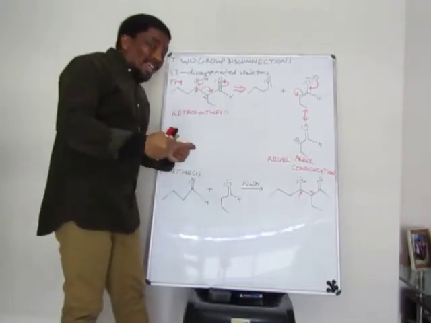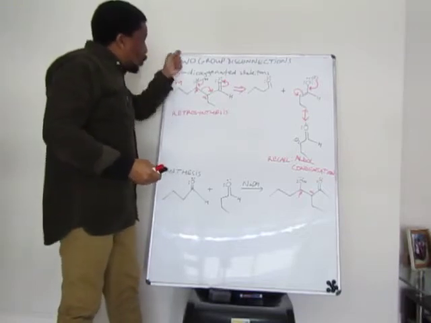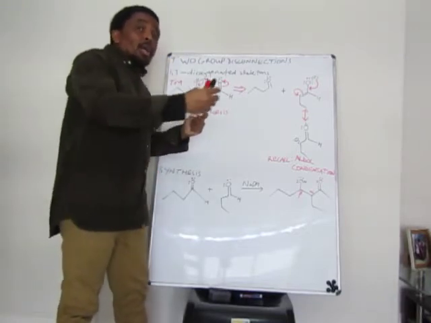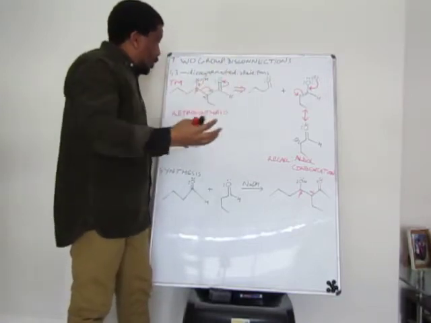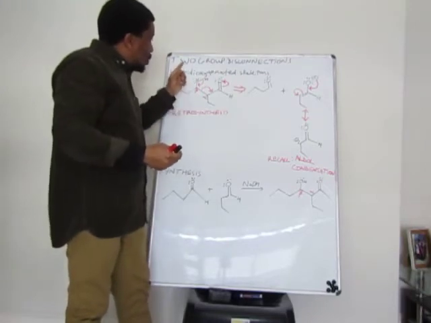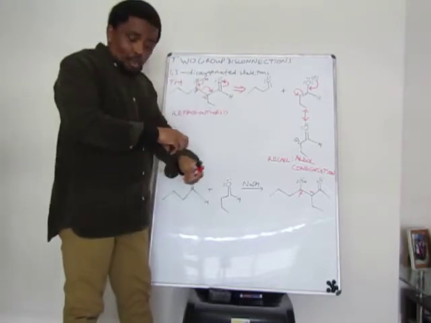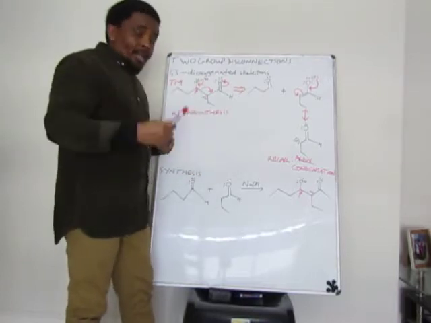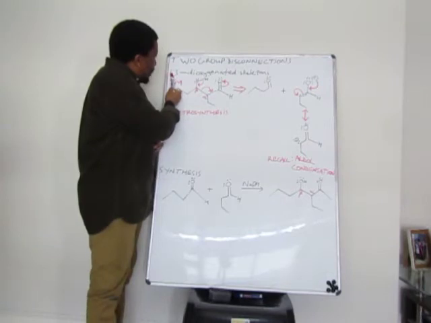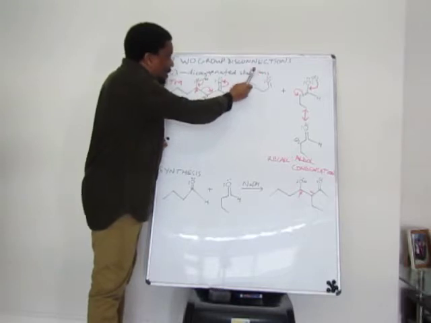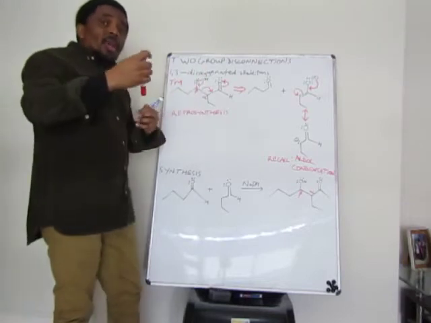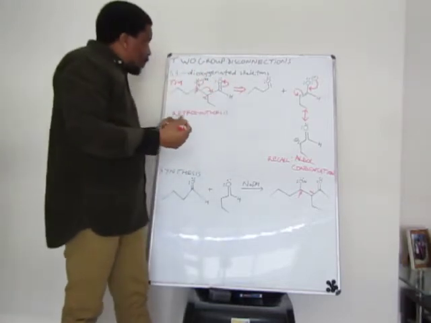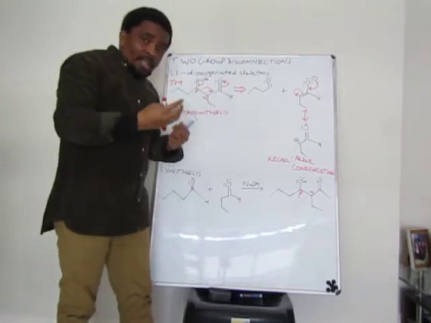Now, I would like us to look at the two group disconnections. For all this time, we've been dealing with one group disconnections. Now, I would like us to look at the two group disconnections. Here's an example. If I look at the 1,3-dioxygenated skeletons, right? 1,3-dioxygenated skeletons. Then how do we disconnect this type of